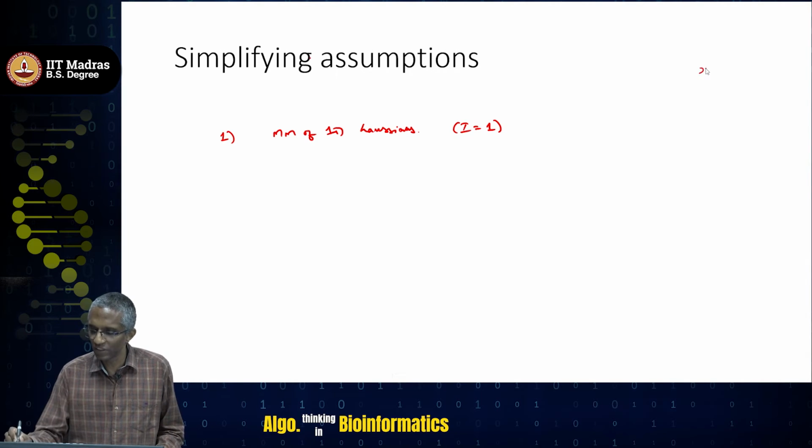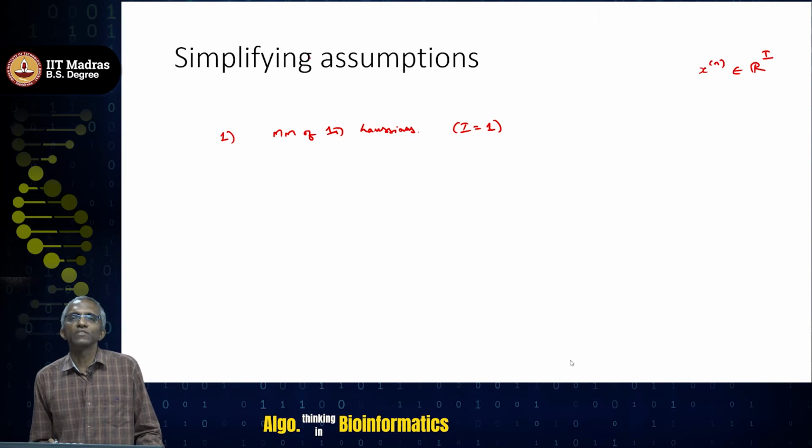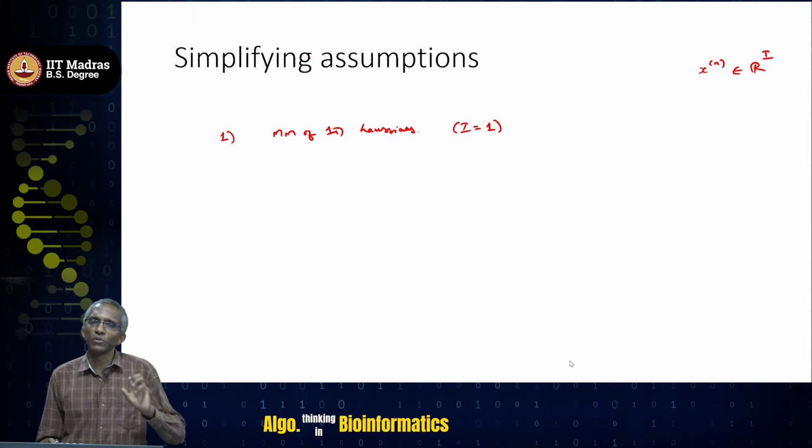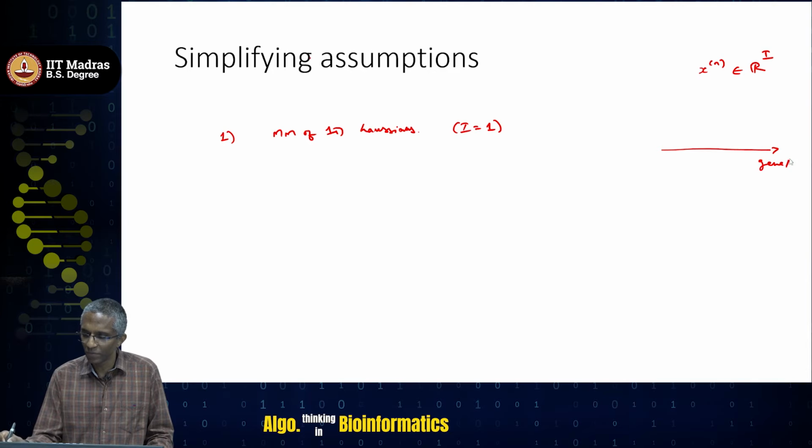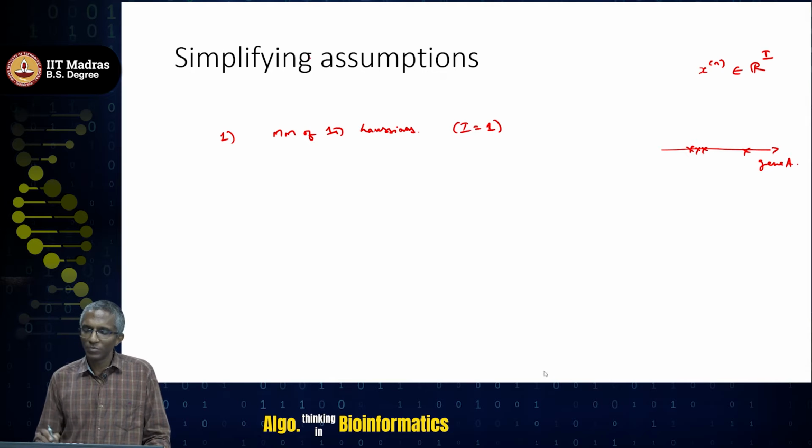Initially we said that x_n is in I dimensions, so each of the x_n is an I dimensional vector. So, you are looking at I genes, but here we are only going to look at one gene. That is this gene A here, and then we had these data points. And then given these data points in one dimension, we want to infer the hidden cluster labels, we want to do this parameter learning,